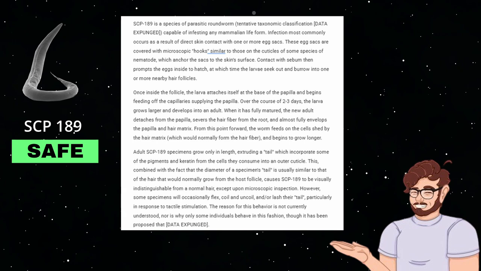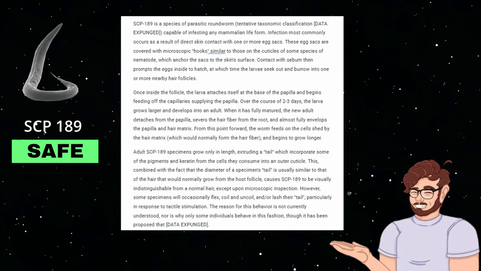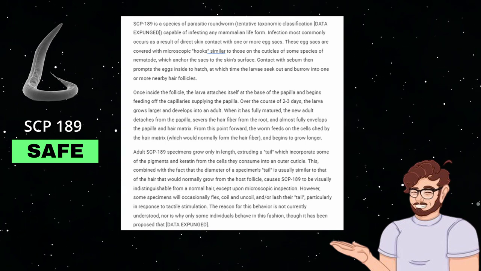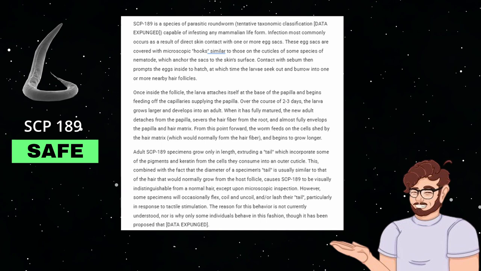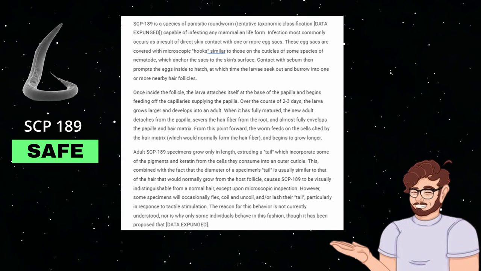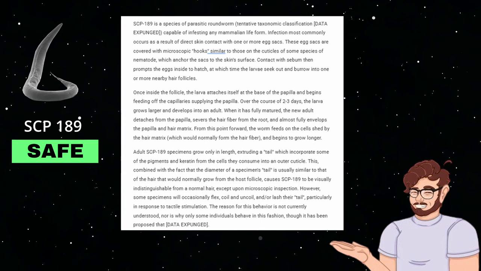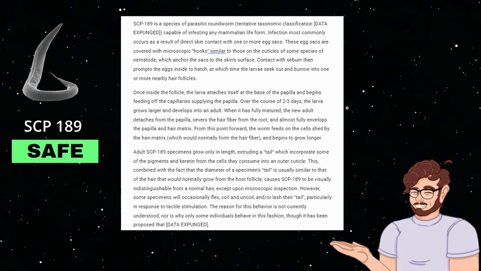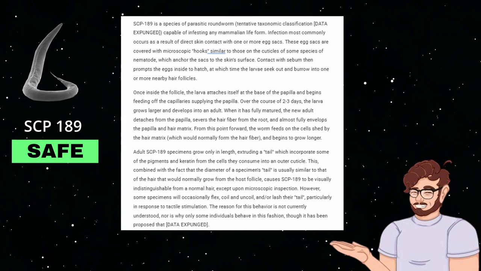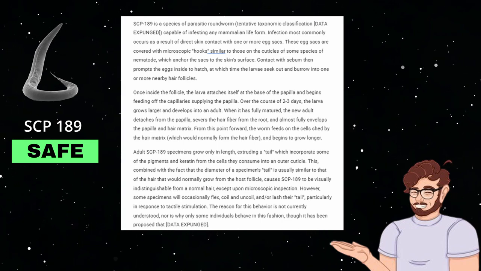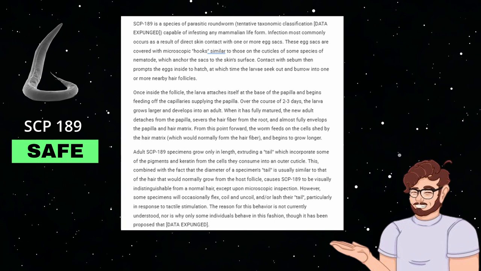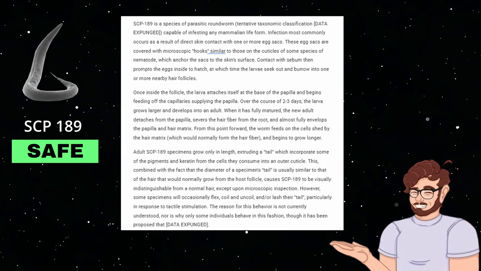Adult 189 specimens grow only in length, extruding a tail which incorporates some of the pigments and keratin from the cells they consume into an outer cuticle. This, combined with the fact that the diameter of a specimen's tail is usually similar to that of the hair that would normally grow from the host follicle, causes 189 to be visibly indistinguishable from a normal hair,